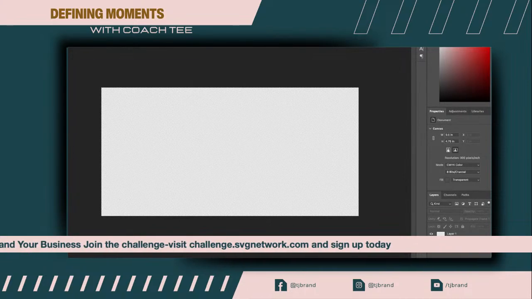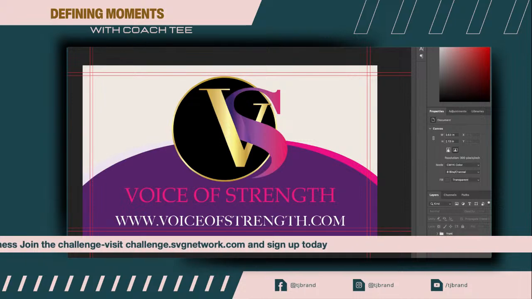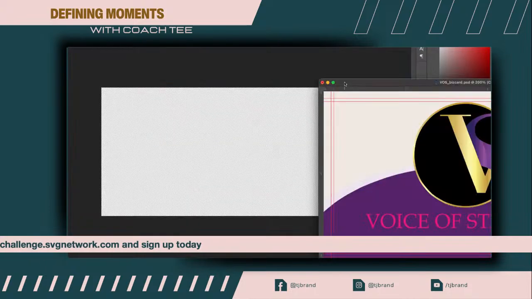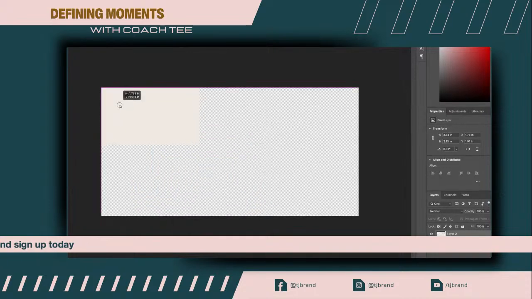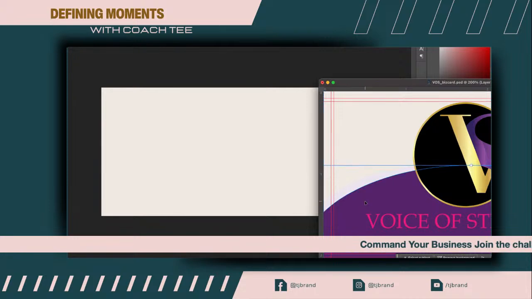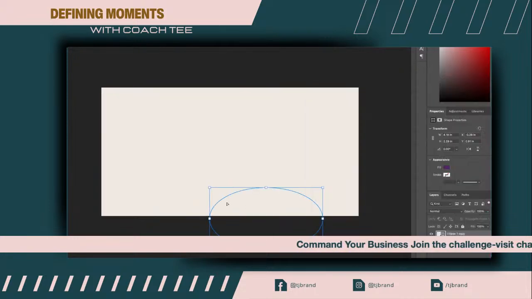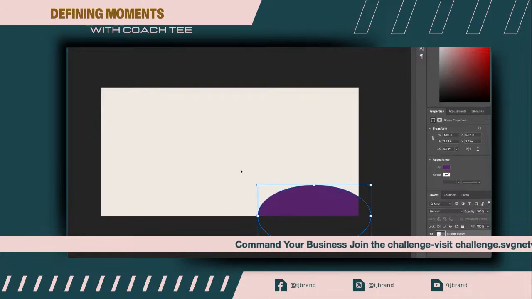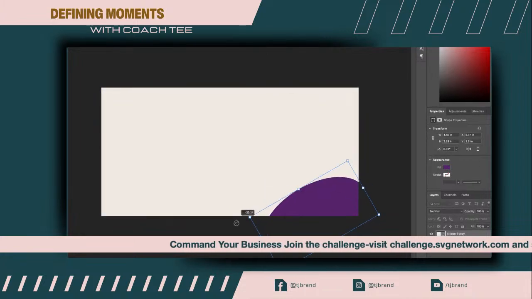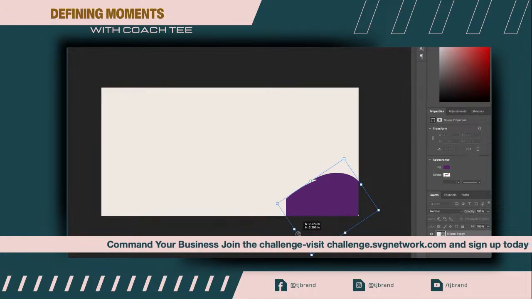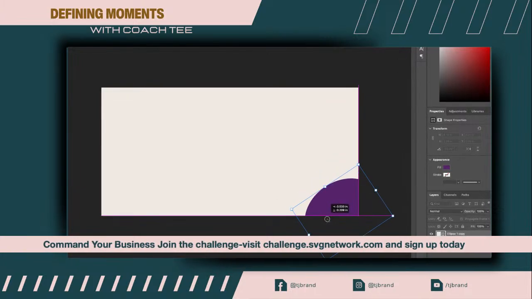All we're going to do is really kind of pull information from the first thing. So what I'm going to do is pull information from the business card. Okay. On the business card, the background color was this nice cream color here. We did that. We're going to go ahead and take the oval, bring it on over here in the corner somewhere.